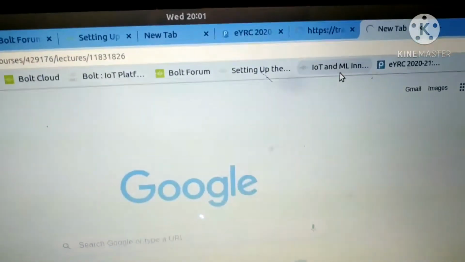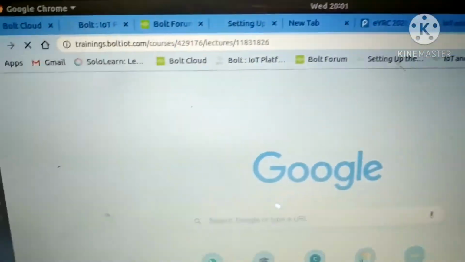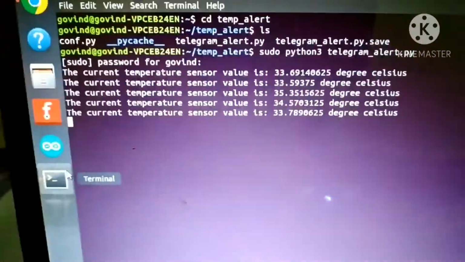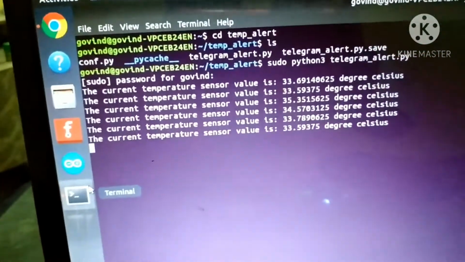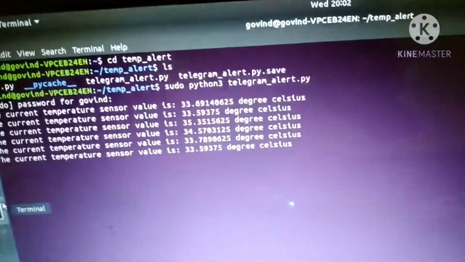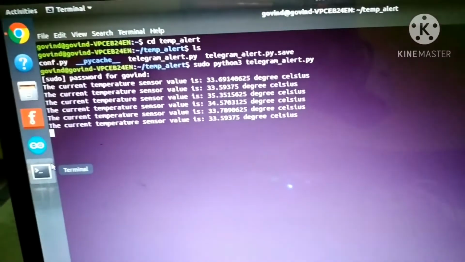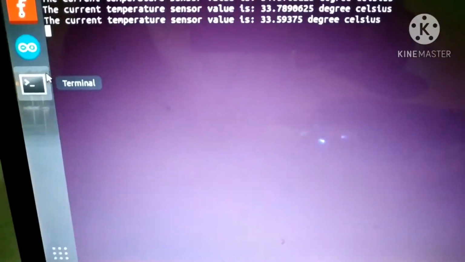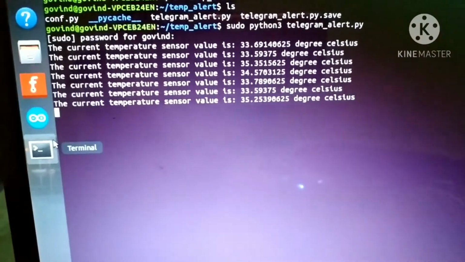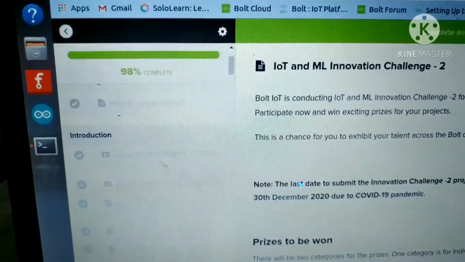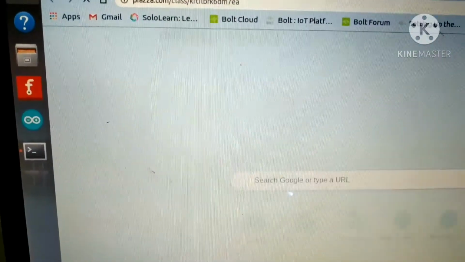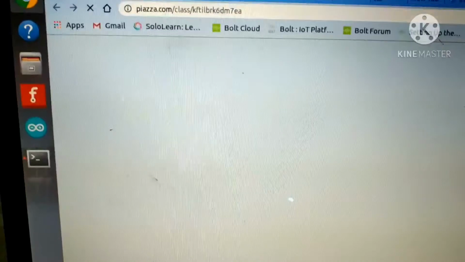I think it has increased the temperature. Let's see. So it's 33 degrees. Let's wait. We are waiting for the temperature to increase.